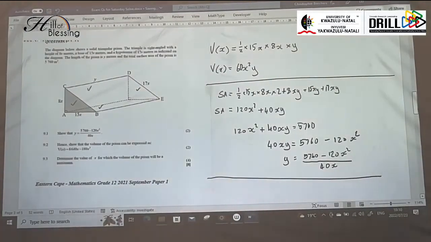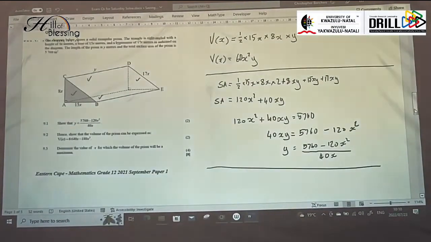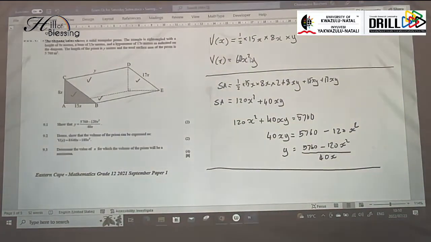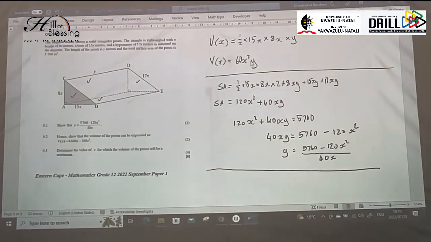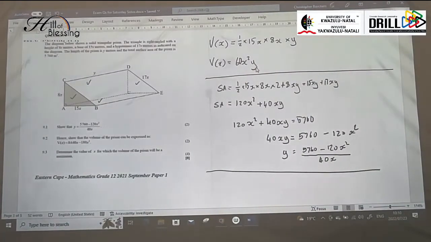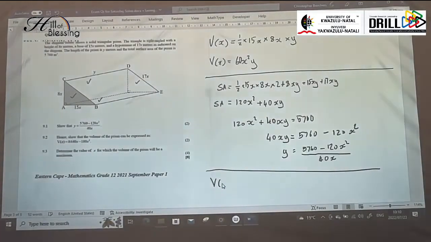Now, what does that help us do? Sometimes when we're going through a process, we can forget why we were doing it. What were we trying to do? Okay, we were trying to find this y in our volume formula. We were trying to find that in terms of x. Right. So volume in terms of x equals